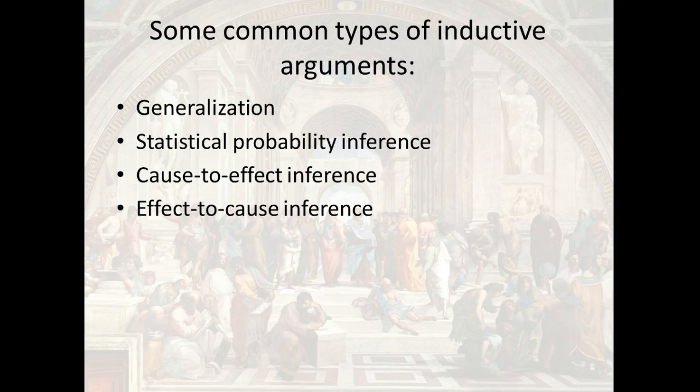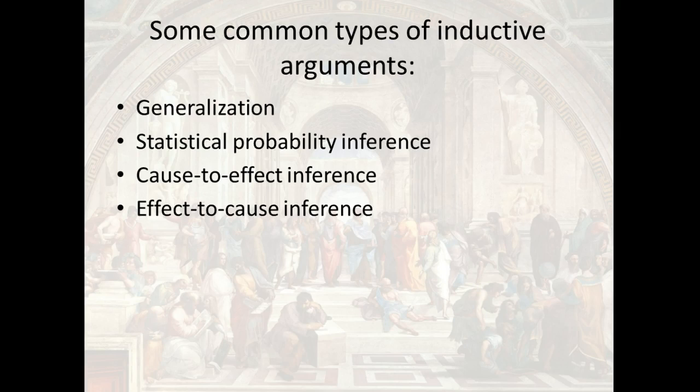So for example, if one goes to a typically deserted beach and finds a picnic blanket with a basket and plates and silverware set out properly and undisturbed, there's the effect. One concludes that other humans have been on the beach because that's the normal cause of picnics being set up. Or if one sees the world as containing structures that are designed to achieve ends, or goals, one might conclude that there exists an intelligent designer of the world. Right? We see an effect and we move to the cause.